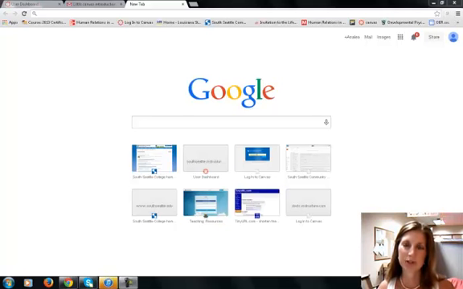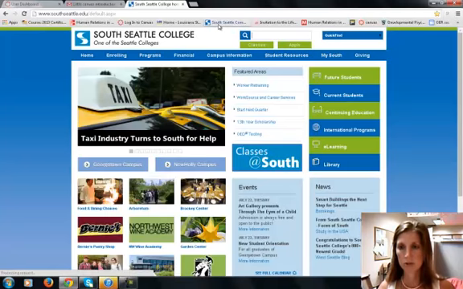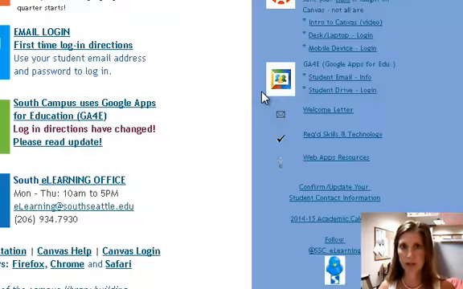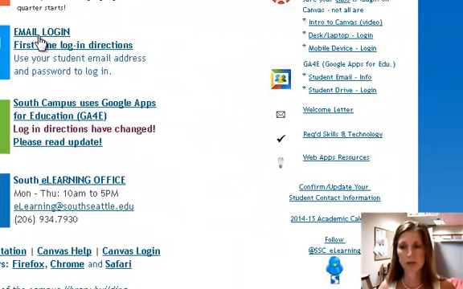Everyone, this is a short introduction to using Google Drive. Everyone that is a student at South Seattle College has a southseattle.edu email account. I'll show you how to find that information, and then I will teach you a little bit about Google Drive. So if you go to our home page and you visit eLearning, there's information here about your